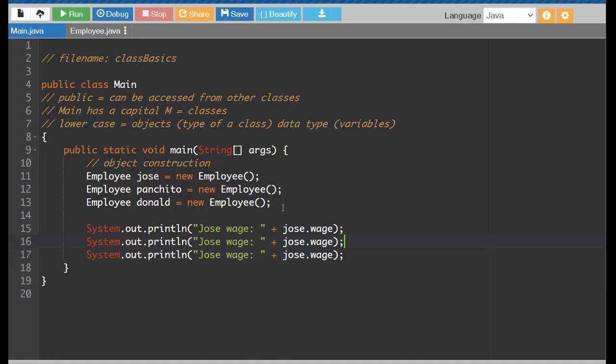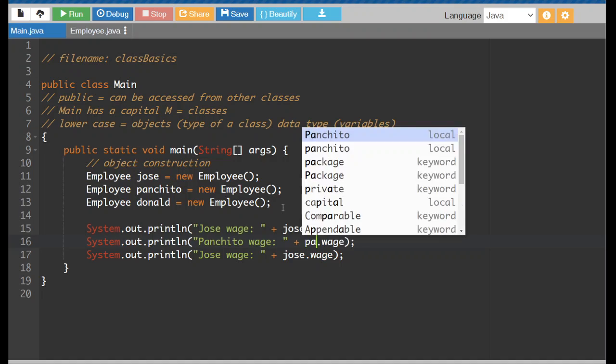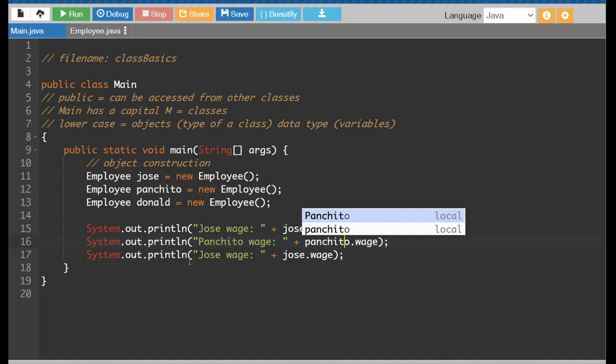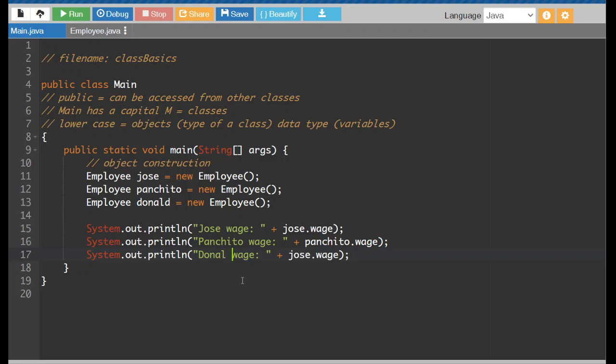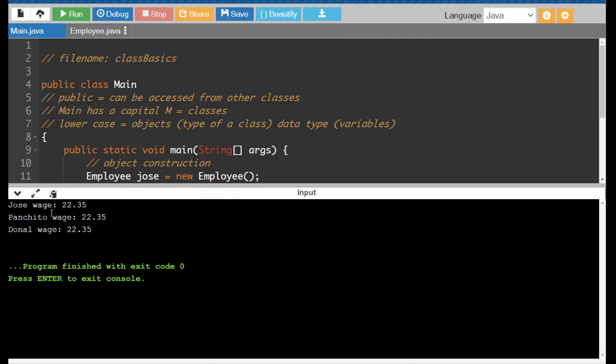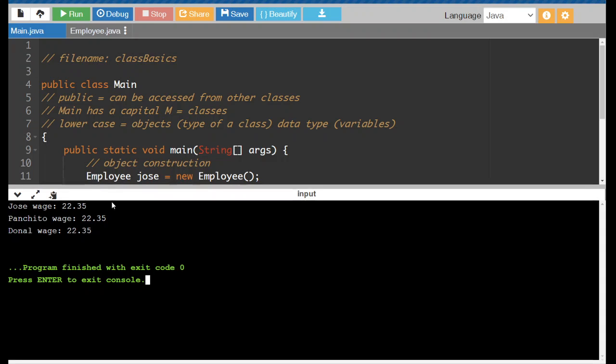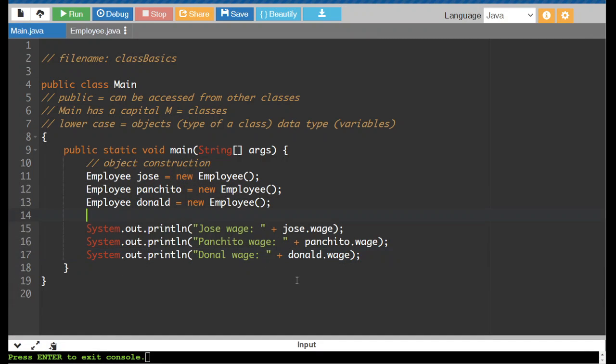And then we're going to do this for the other employees. So we'll go Panchito will be here. And then we'll put Donald on the last line. There we go. Okay, so now if I run the program, let's see what happens. What we get are their 3 wages. They're all set to $22.35. So you might not trust that all of the workers, the employees, have their own individual wages because they're all the same amount. But before we do this, let's